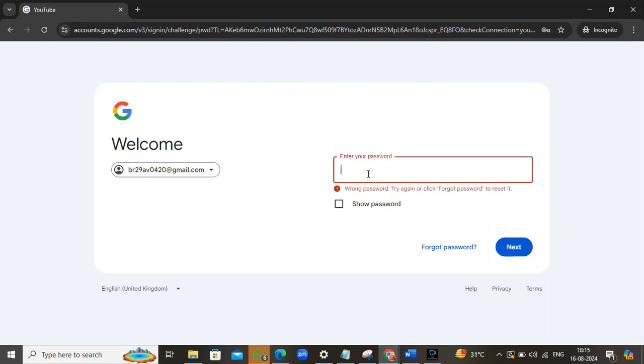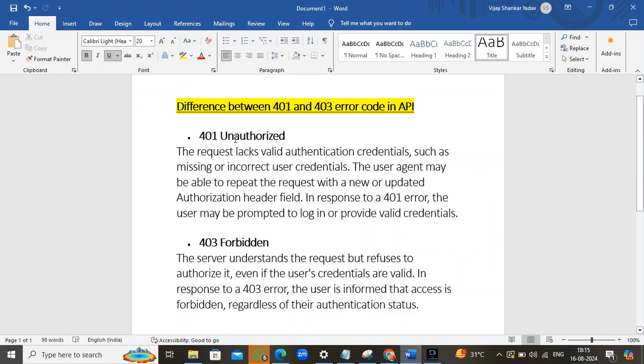So whenever we are trying to access a particular API and we are not authorized to access that API, that time we get the 401 error code because our credential is wrong. We don't have the authority to access that API.